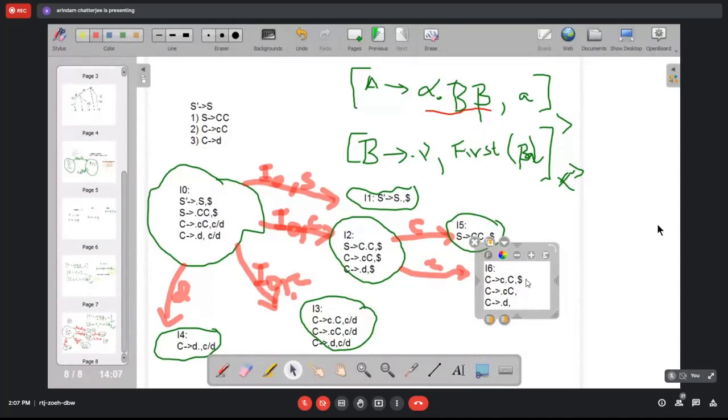So when you create the item B producing dot gamma, first beta A, what is first beta A? Beta is epsilon, A is dollar. So first beta A is nothing but dollar. Similarly for the last item. So you can see the only difference between I2 and I6, I'm sorry, the only difference, yeah.